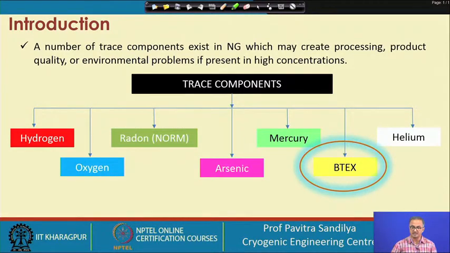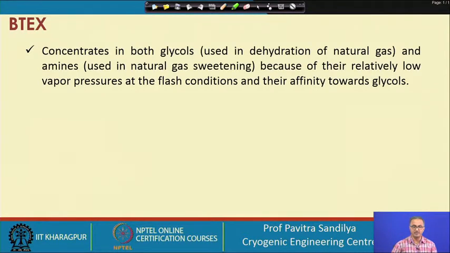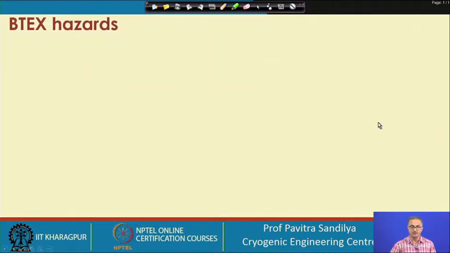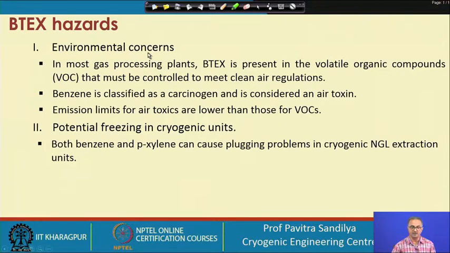Next we come to BTEX. In the BTEX we have benzene, toluene, ethyl benzene and xylene. So this concentrates both in the glycols, that is used in the dehydration of natural gas, and amines, which is used in the natural gas sweetening, because of their low vapor pressure at the flash conditions and their affinity towards glycol. So BTEX hazards are that they are environmental concerns, as BTEX, if present, are in the